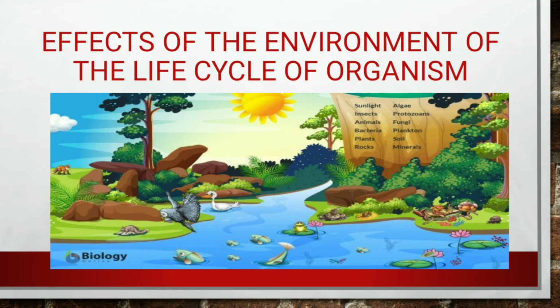Effects of the environment on the life cycle of organisms. The environment plays an important role in the life cycle of organisms. Along their developmental process, organisms interact with non-living materials such as water, air, and soil as primary components of their habitat. As organisms grow, it is expected that they socialize with other organisms, which could be their means of food.